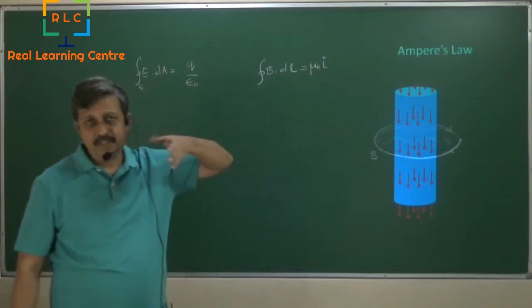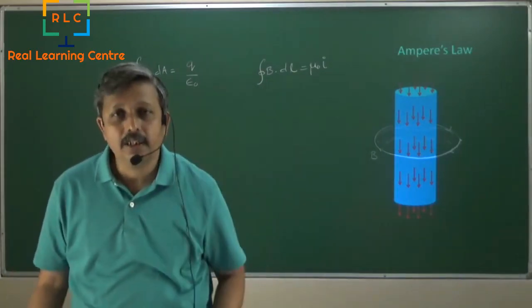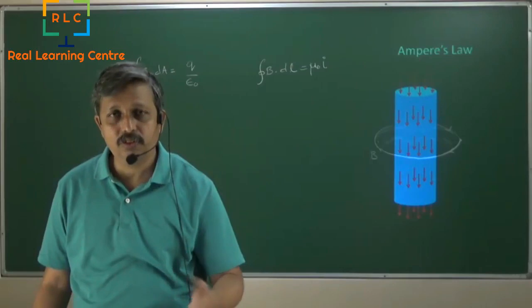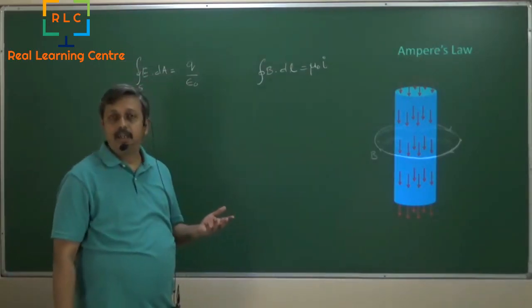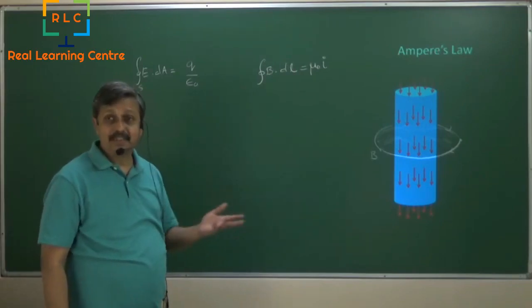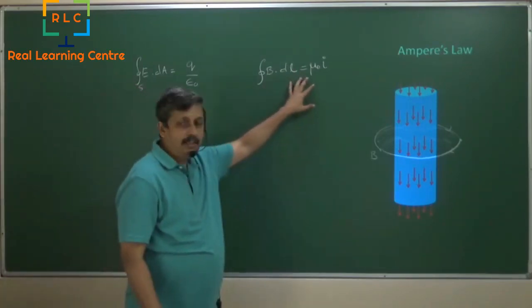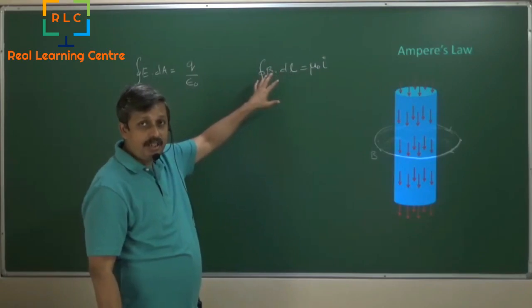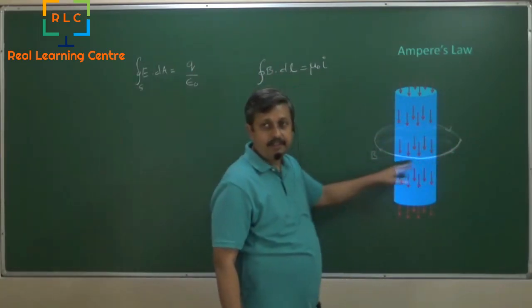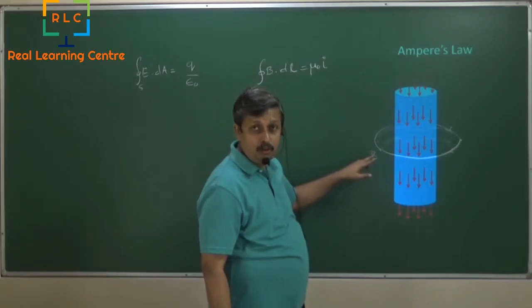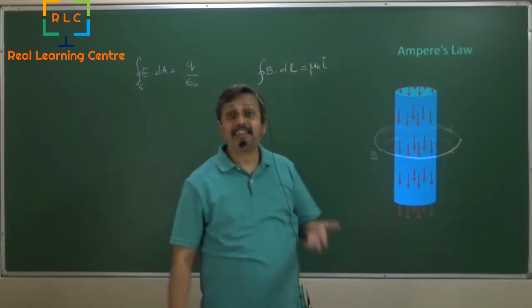I'm not going very deep into Ampere's law, which we have already done, so please refer back to those videos. Here I'm just revisiting it because it is required here. So if you integrate B dot dl over the whole loop,